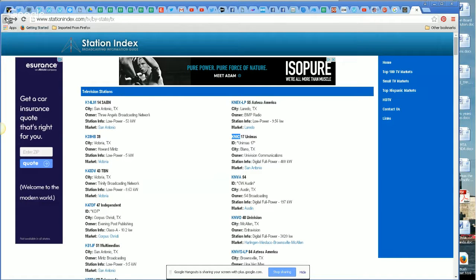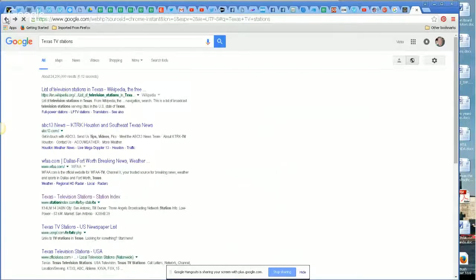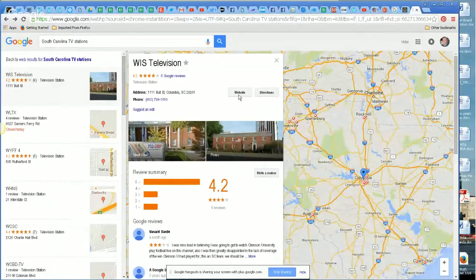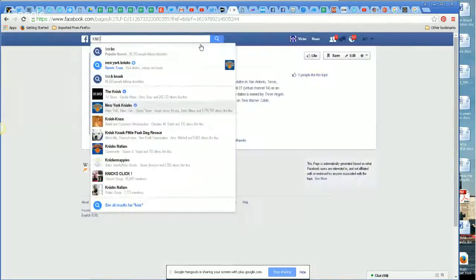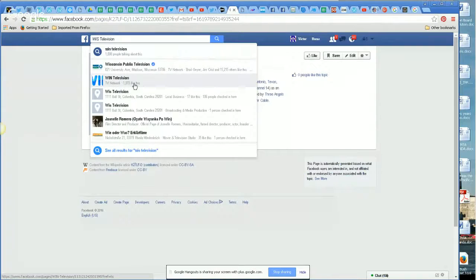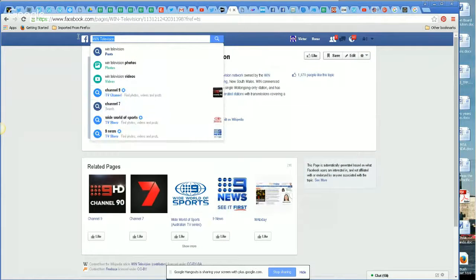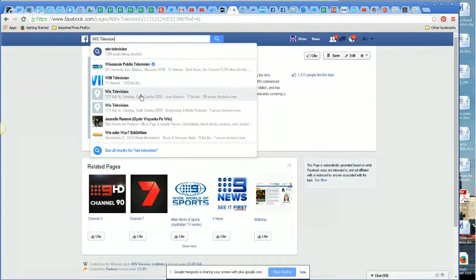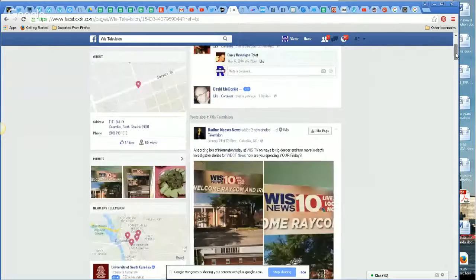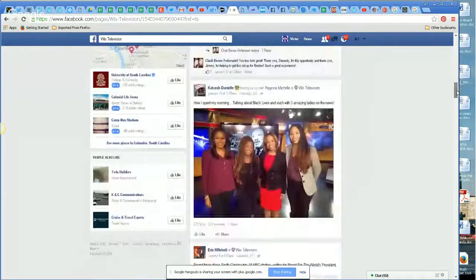But you get the idea of what I'm trying to show here. Hopefully you'll come up with a nice list that looks more like this than the list we saw in Texas, because this provides a nice link to the websites, and then you can always highlight, copy, and paste into Facebook so you can leave comments there. Don't want that one. Let's try this one. Here we go. Go down. Look for a story about the